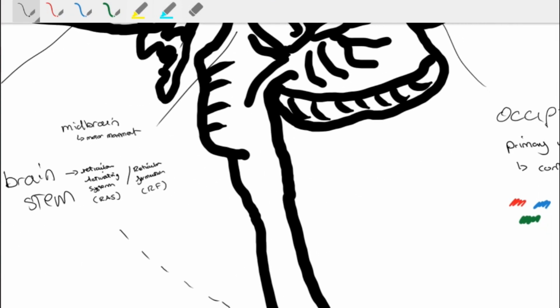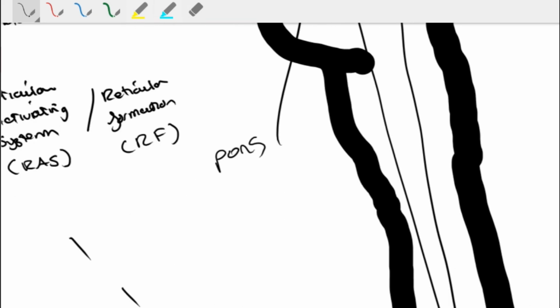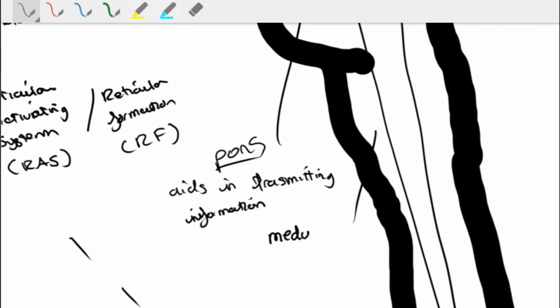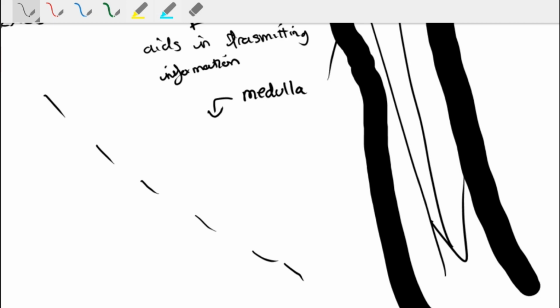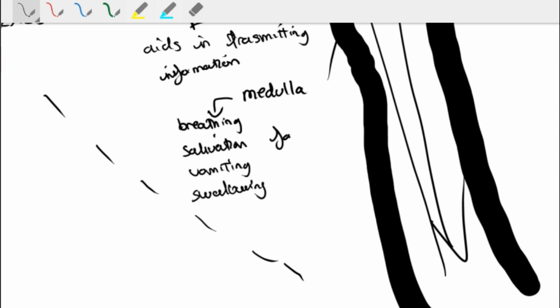formation. From the spinal cord, sensory information is carried up to the forebrain, and motor information travels down the way to the spinal cord. The pons is the middle part of the brainstem and aids in transmitting information between the cortex and cerebellum. The medulla is the lower portion of the brainstem and has important reflex sensors that control breathing, salivation, vomiting, swallowing, and facial